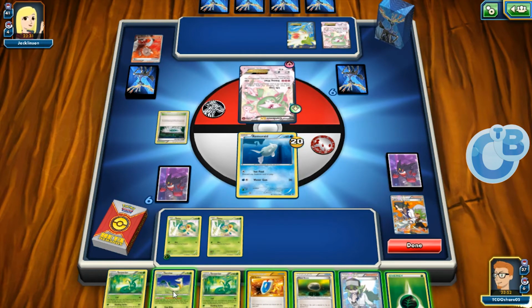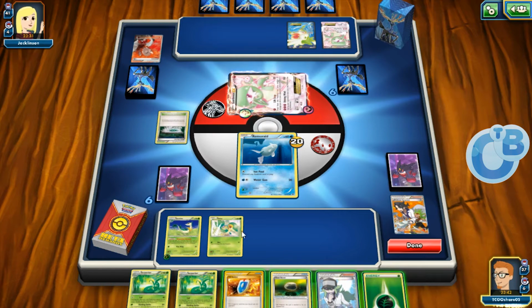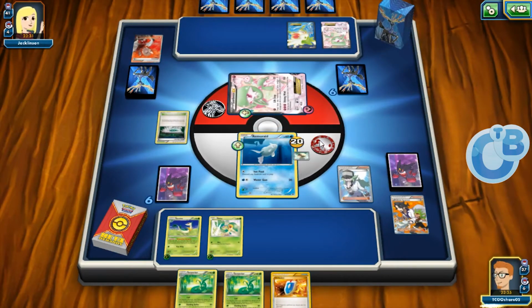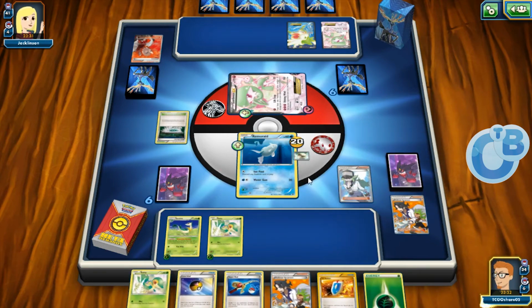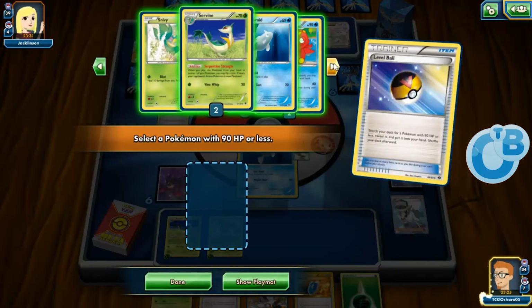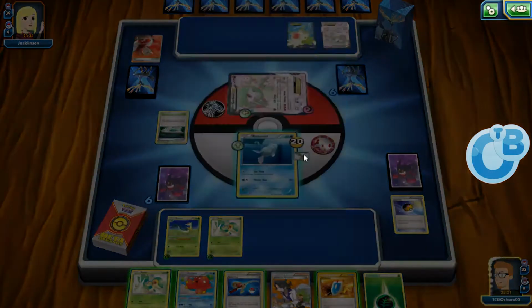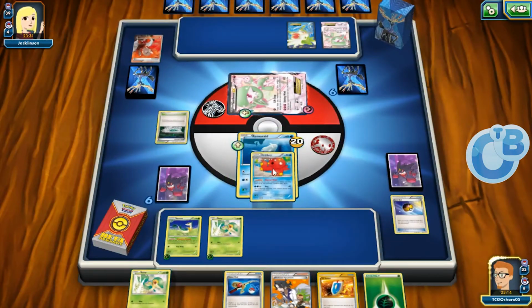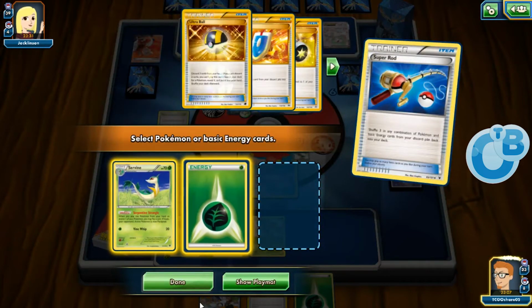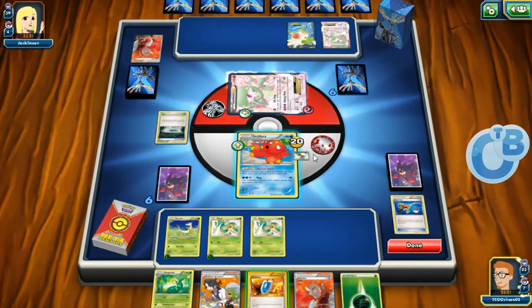All right, let's evolve here. Say yes. Attach like this. Just gonna end. Not gonna Sycamore those Serperiors away. Of course, but we did not hit a Forest of Giant Plants, so that was rough. But let's see if we can get anything going with this Octillery. Boom. Alright,